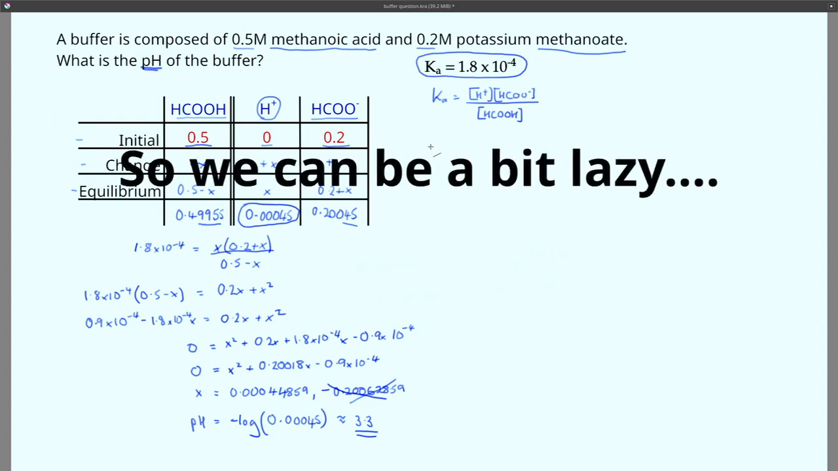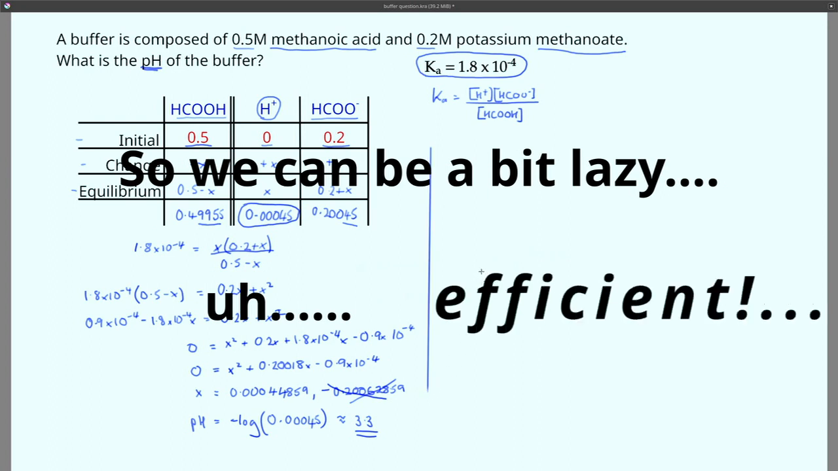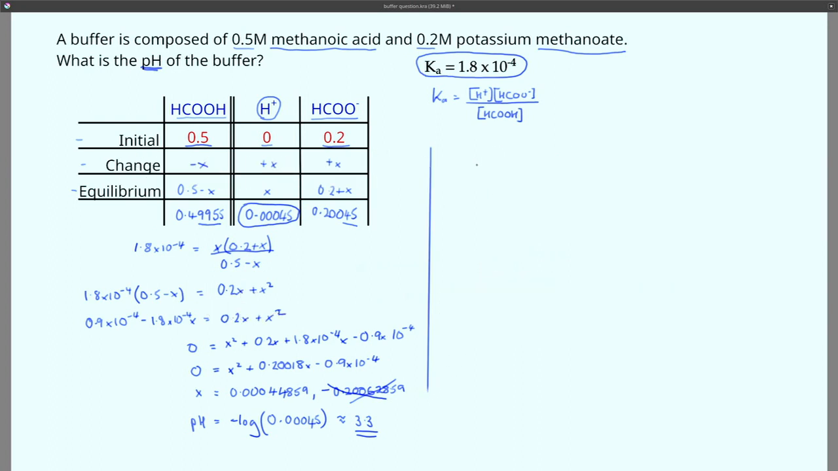So let's put a line in here. And what I'm going to do here is show you an approximation. Remember I said on this side we have a very small deviation from 0.5 and a very small deviation from 0.2. So if we go back to this bit and do this again,